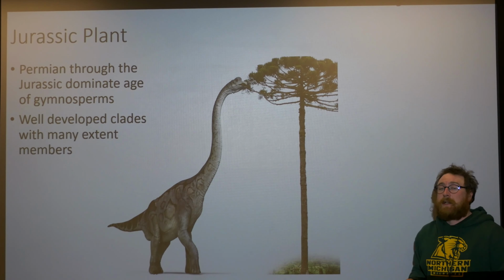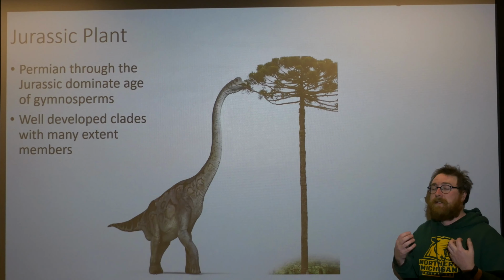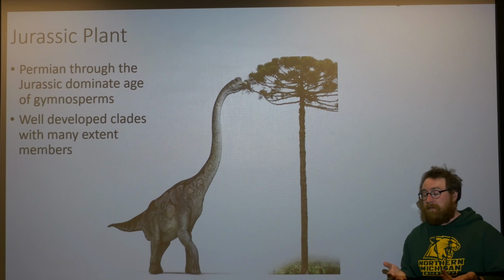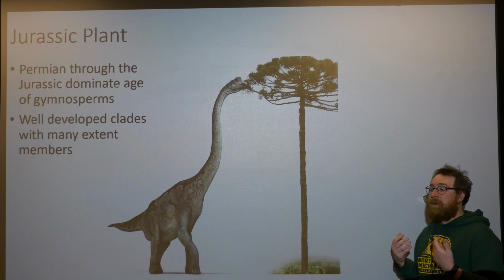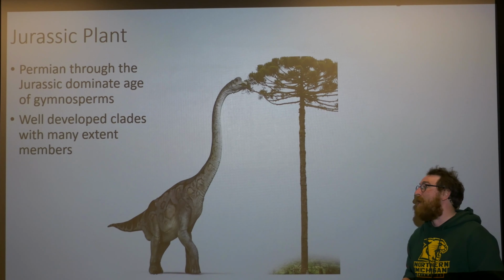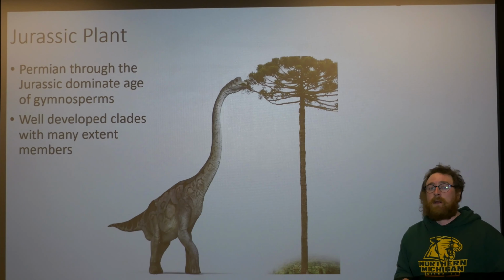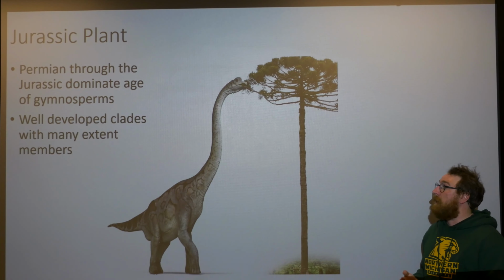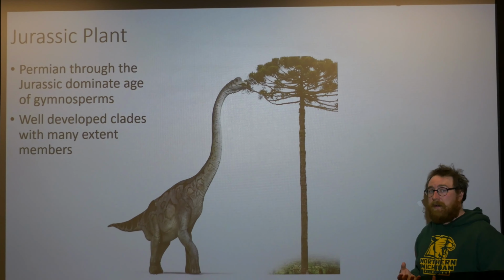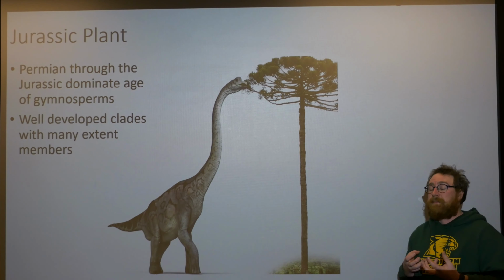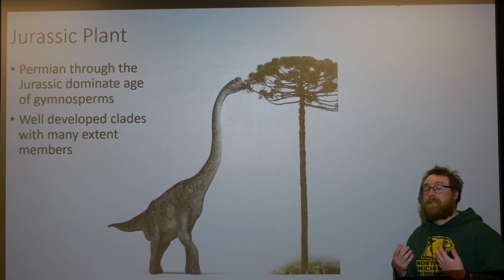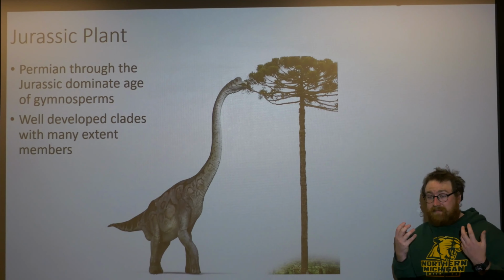Really, though, the Jurassic period is where we see the golden age of gymnosperms. So when you're looking at movies like Jurassic Park, not only do they get many of the dinosaurs wrong, but they also get a lot of the plants wrong, because this was really the time of cycads and ginkgos that dominated the planet. The Permian was also a really important phase for them, where we started to see a lot of these plants develop. But really, by the Jurassic period, we saw many of our extant relatives of the gymnosperms were active on